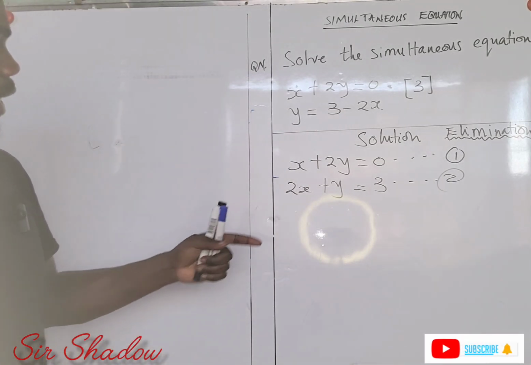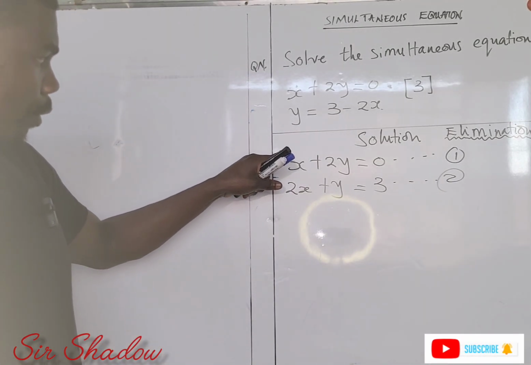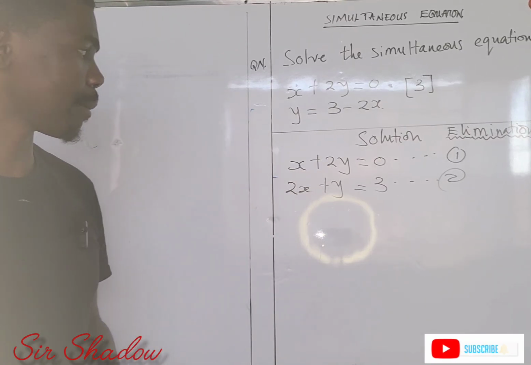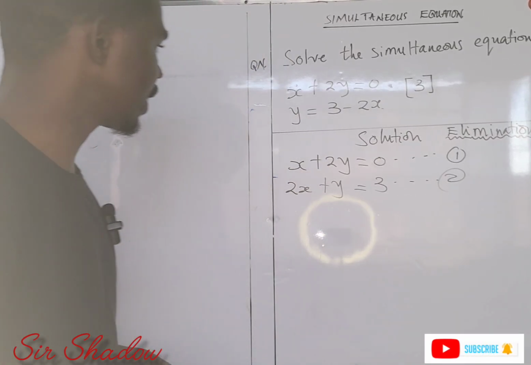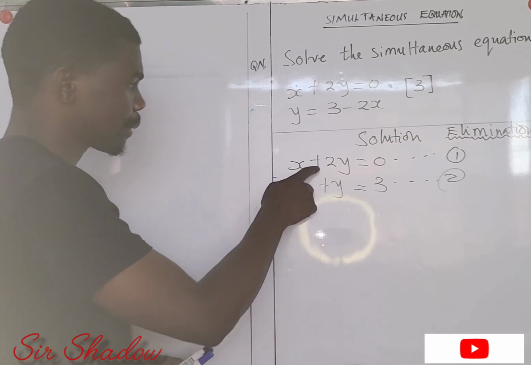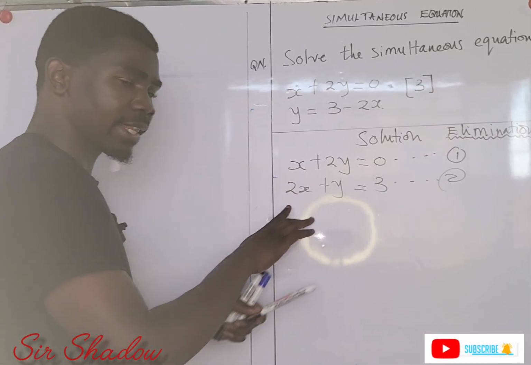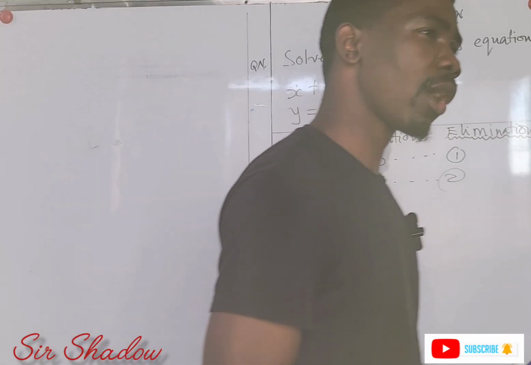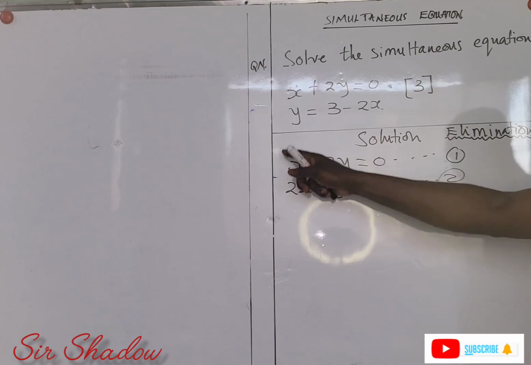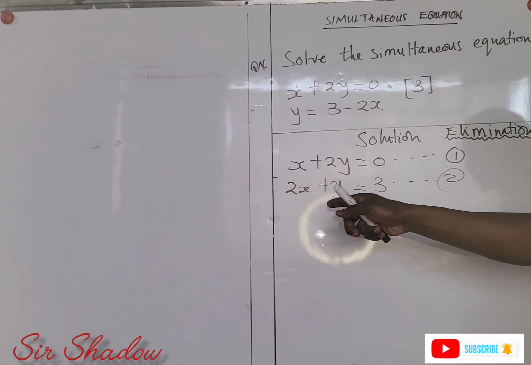So let's check whether x or y has similar expressions in both equations. Here we have x, here we have 2x. They are not similar at all. Here we have 2y, here we have y. They are not similar at all. So whenever I want to apply the elimination method and the two are not similar,